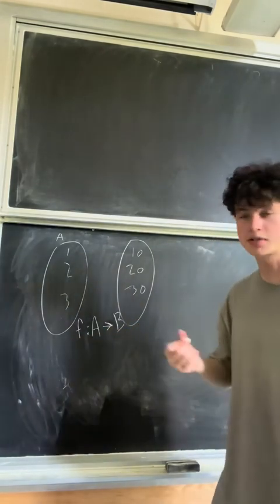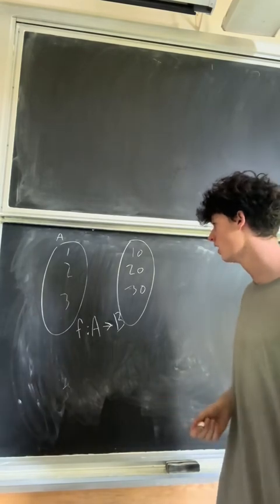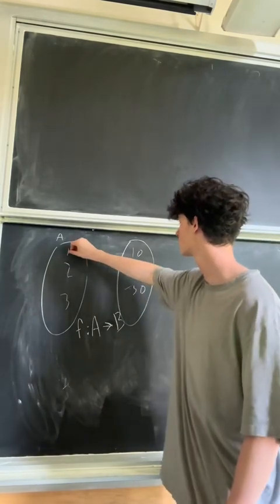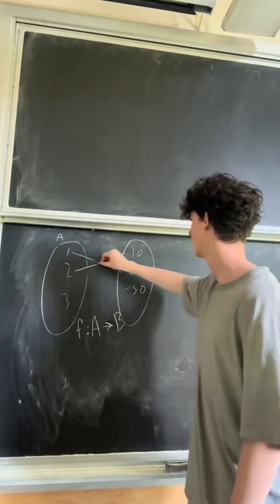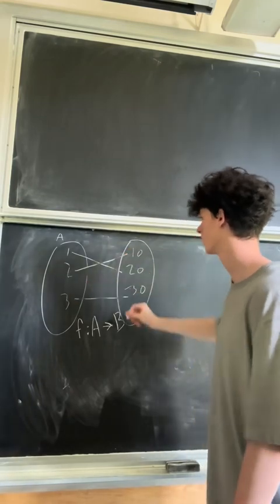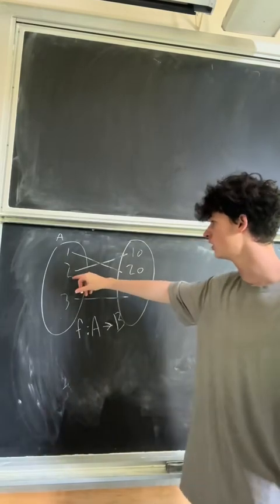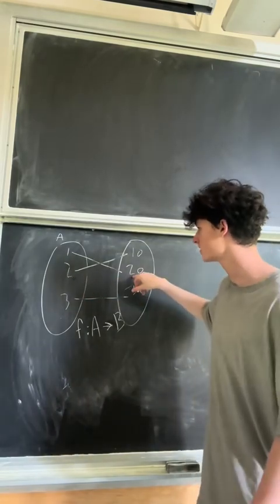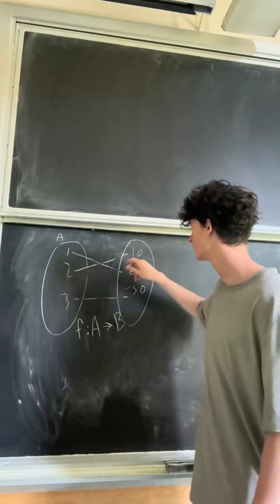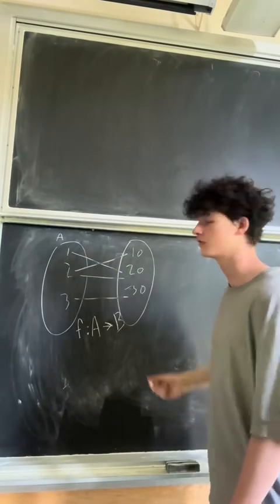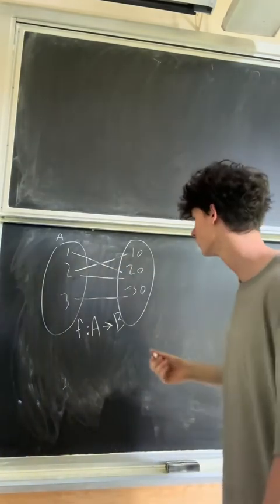And we can explicitly define what exactly f does. If we just say, hey, 1 maps to 20, 2 maps to 10, 3 maps to 30, okay, this is a function. What's not a function is if we had 2 separate inputs mapped to the same output. If 2 maps to 10 and 20, well, this wouldn't be a function anymore,